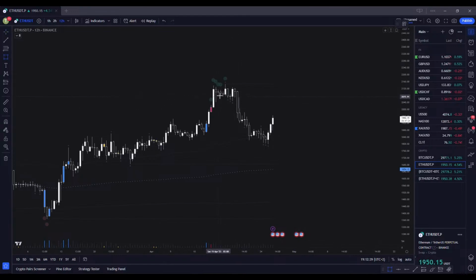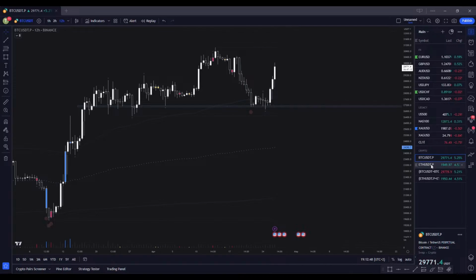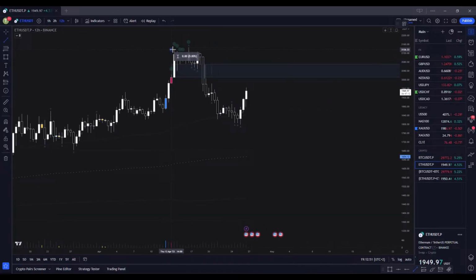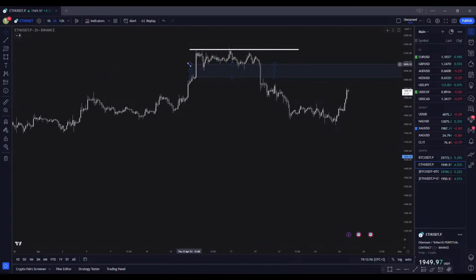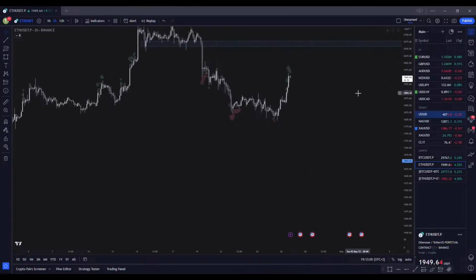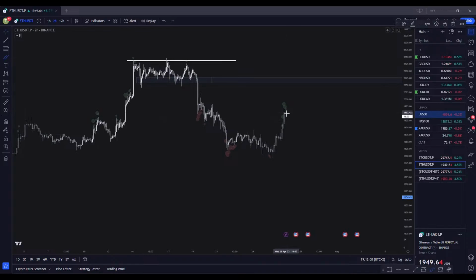The targets for ETH: I would probably want to see a reaction here, because this consolidation compared to Bitcoin is much more defined. You can see that we took out a high before we sold off on the lower time frames. This is a nice SR level with this excess here at the upside. So if ETH pulls back somewhere into this area, and Bitcoin doesn't look like it's about to die completely, I would probably get back into longs, target this level of SR. Just very simple as that.